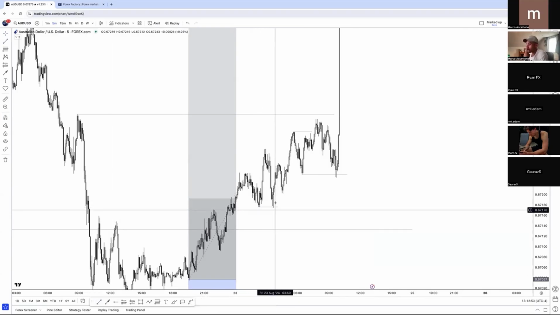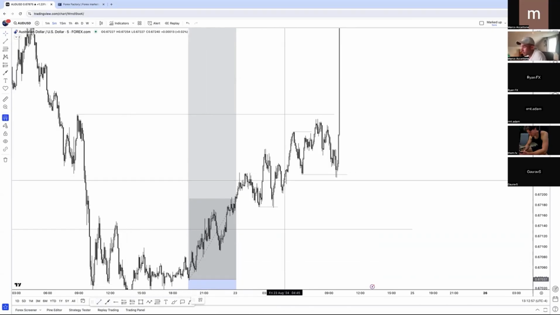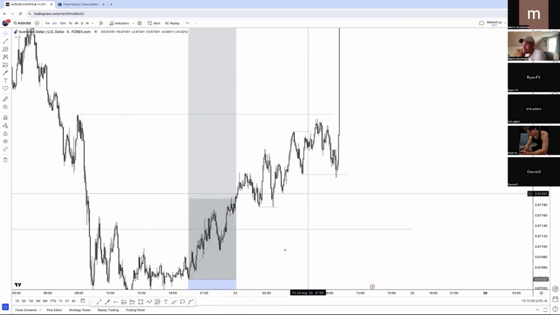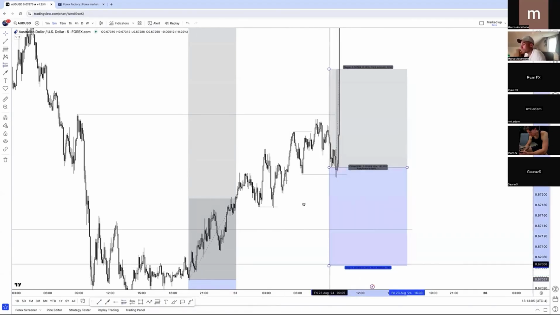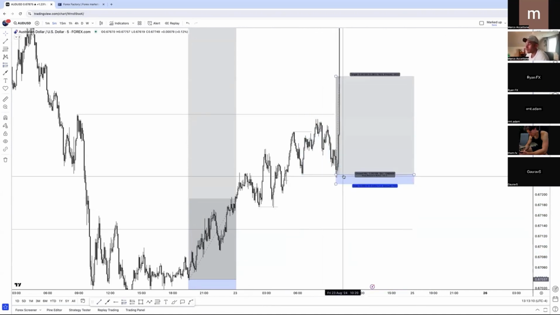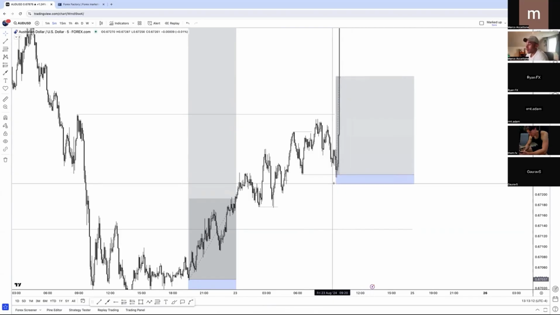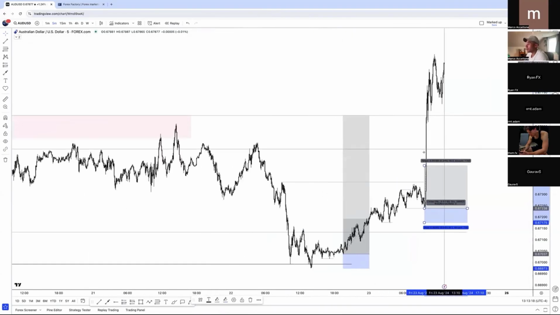You look below, we have a liquidity block down here. We also have a lower time frame one here. So same kind of example with the extreme down here. You could have taken it like this, stop loss below this liquidity block, the lower time frame one, which would have worked perfectly. Or if you just want to be a little bit more safe, look at the overall liquidity block down here, which is nice. And target being up here,